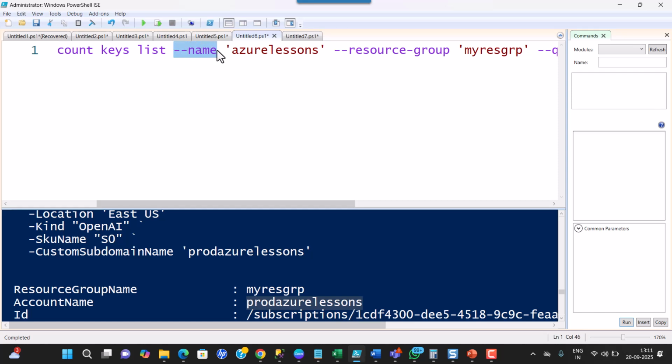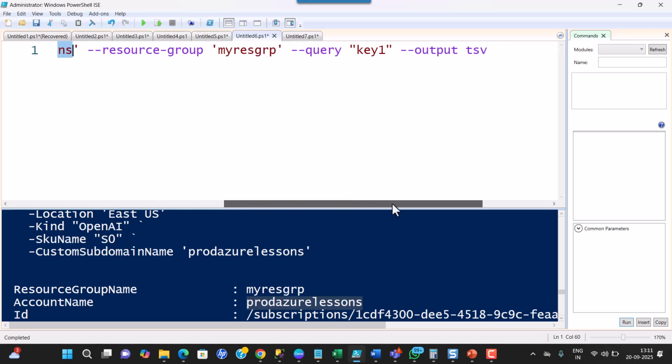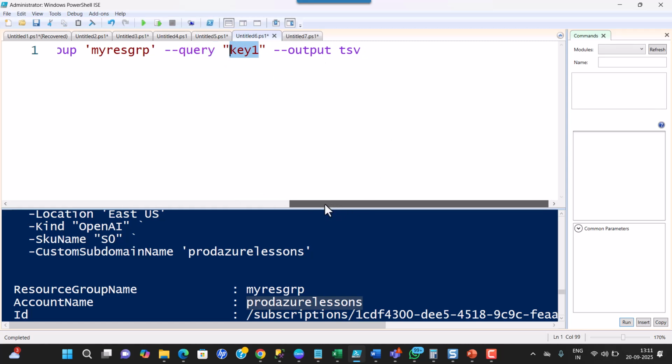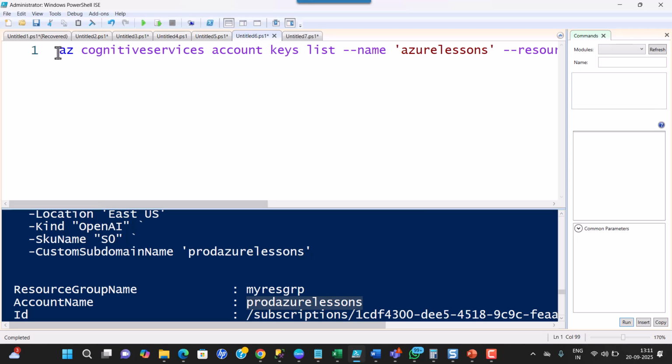This is name, and this is the name of your Azure OpenAI, right? Then which resource group it belongs to. This is the resource group parameter, and this is the name of the resource group. And then query for key one or key two that you can specify here. Then output type TSV, right? So if I copy this